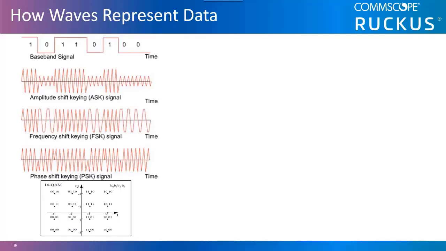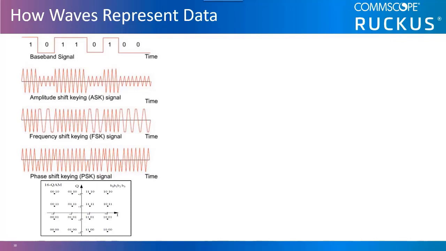Modulation is digital communication, binary data bits, over analog waveforms. It is the process of varying one or more properties of a high-frequency periodic waveform called the carrier signal with a modulating signal which typically contains information to be transmitted. Amplitude, frequency, and phase are the three basic elements of a waveform that can be varied.